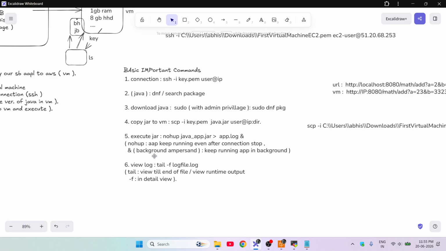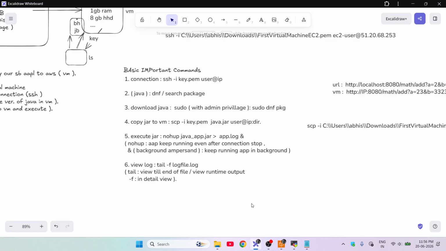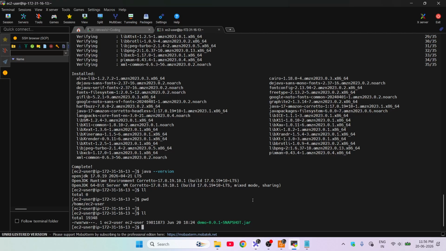And here is background, ampersand. This will keep the app running in the background. If we press control c, which basically stops the process, that will not work here. That's why we are using ampersand. Now let's run this command: nohup, the jar file, then app.log and ampersand. So I'm going to write here